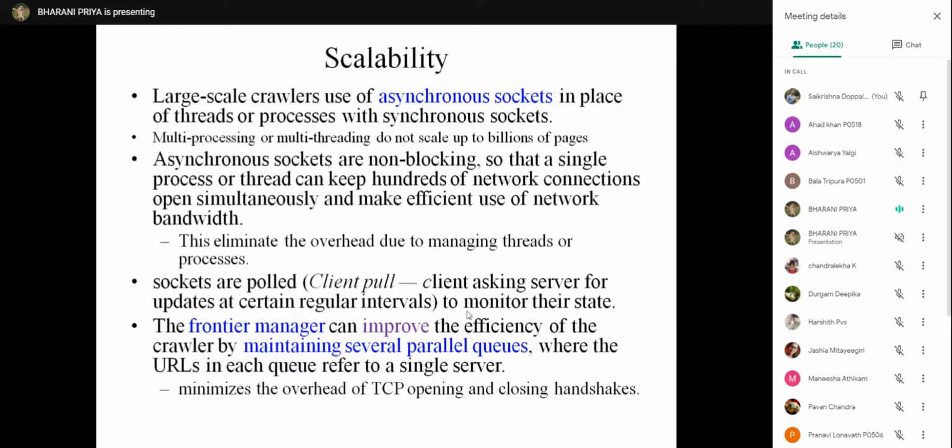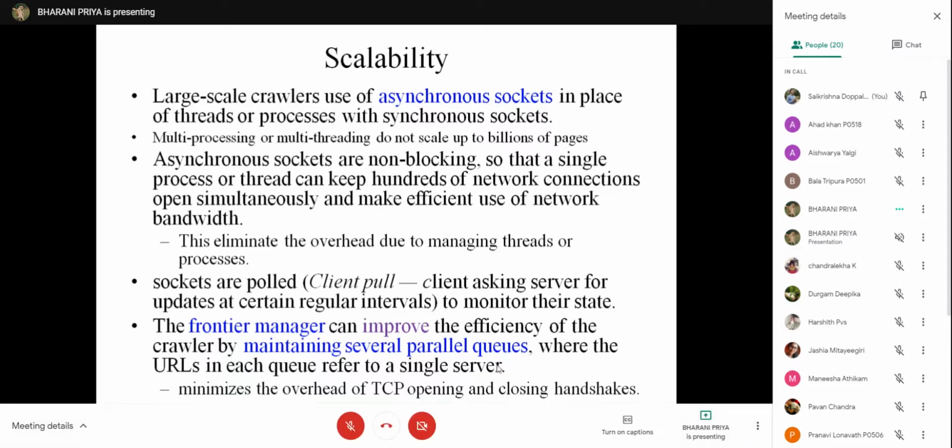Till now, we have used only one queue, that means one frontier, accessed by many processors. Instead, you can improve efficiency by maintaining more queues. Some threads will write to some queues, and other threads or processes will write to other queues, so the efficiency will increase.